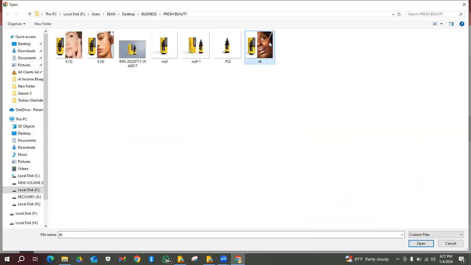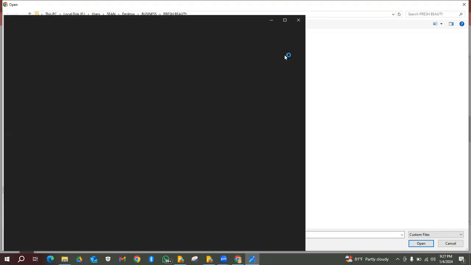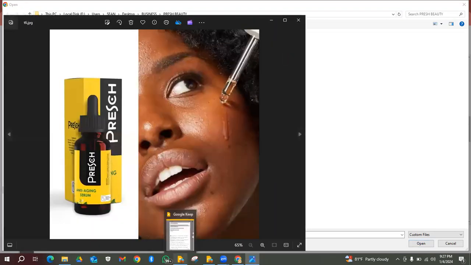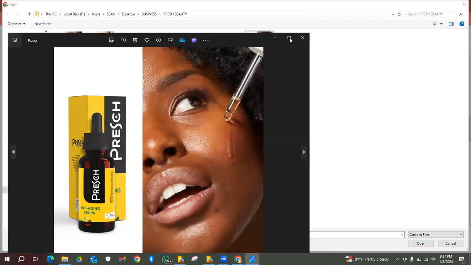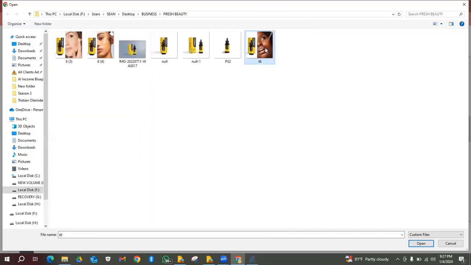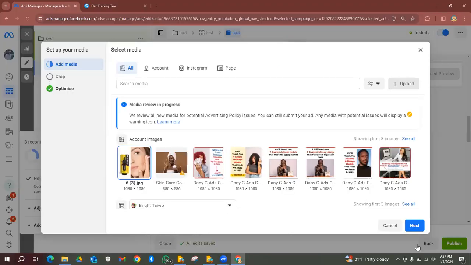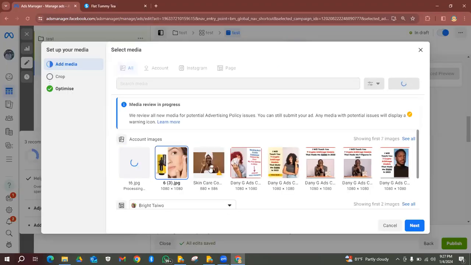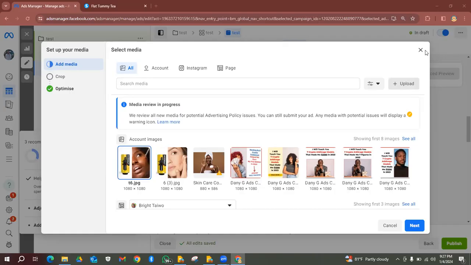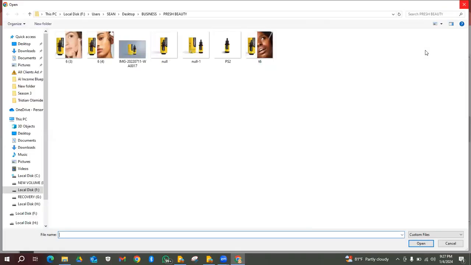This is another one, somebody using the product. This is another one, somebody using the product. So in summary, you want to have 4 of these images or with a video, right? So let me just select them so that I have enough. 1, 2, 3. I still need one more. Like I said, okay, I'm just going to select a video. I don't have a video, but I'm just going to select, okay, let me see, incoming. I don't think I can select a video here, but